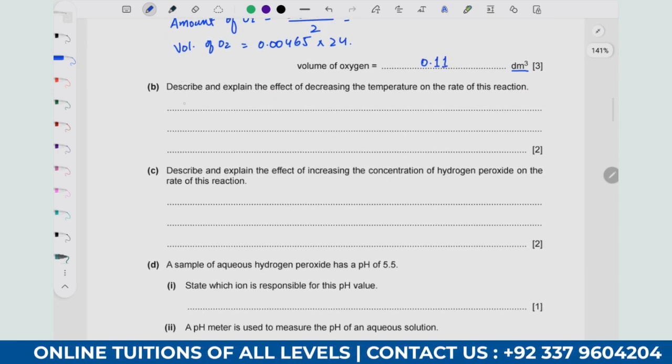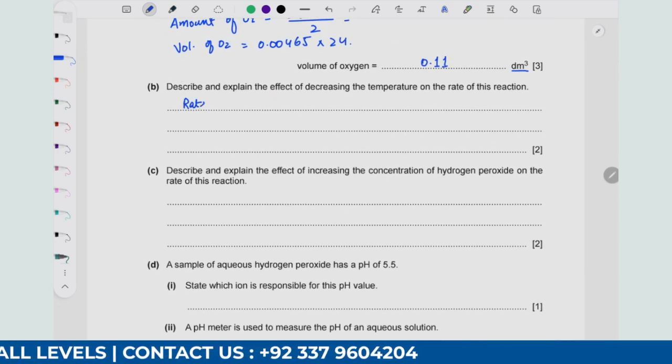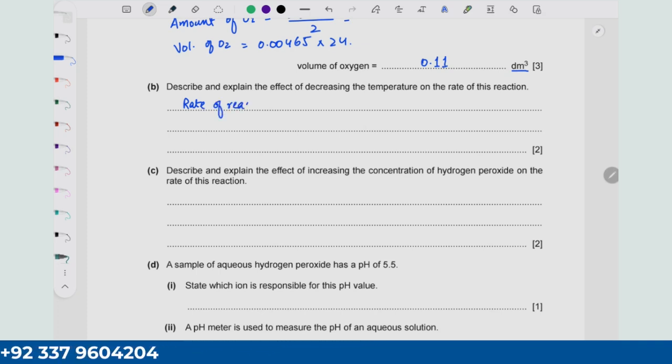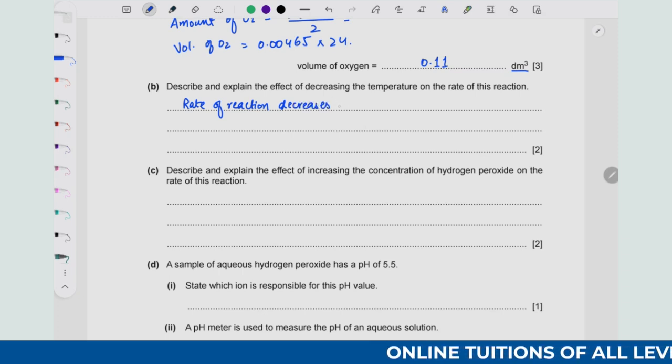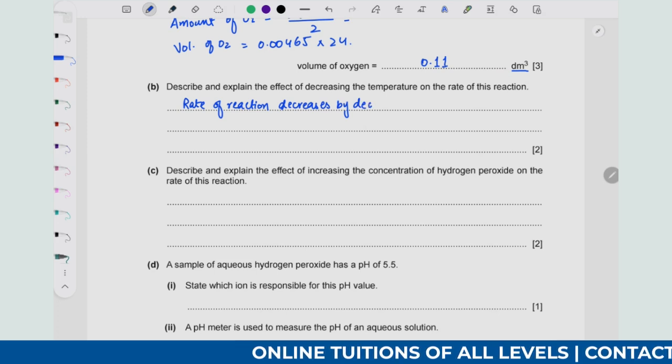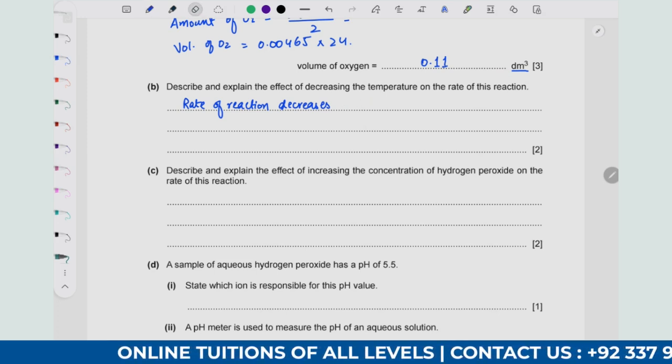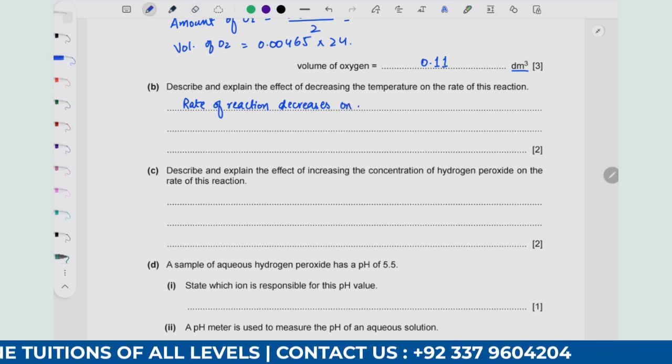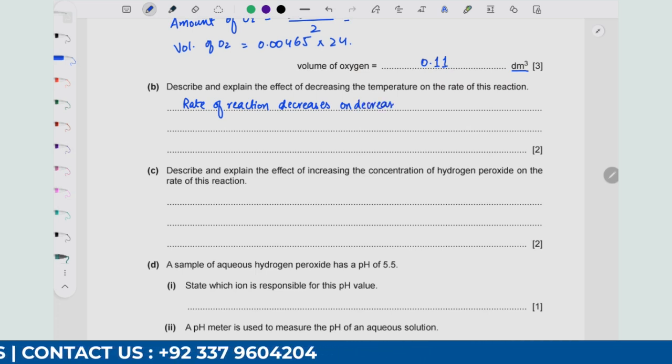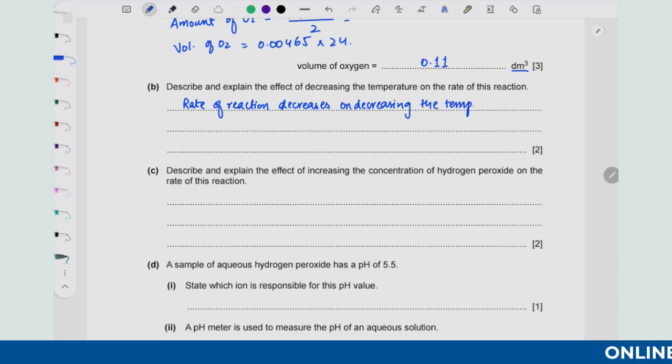So we know that the rate of reaction decreases on decreasing the temperature,